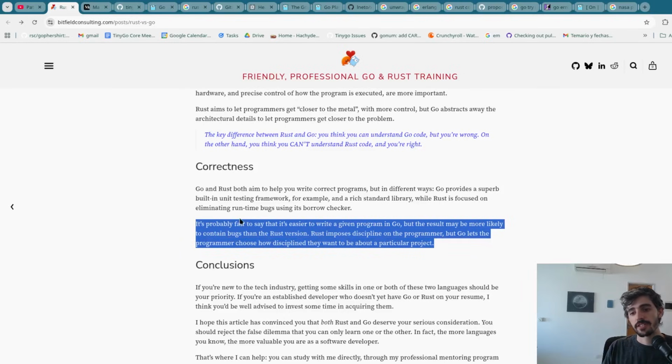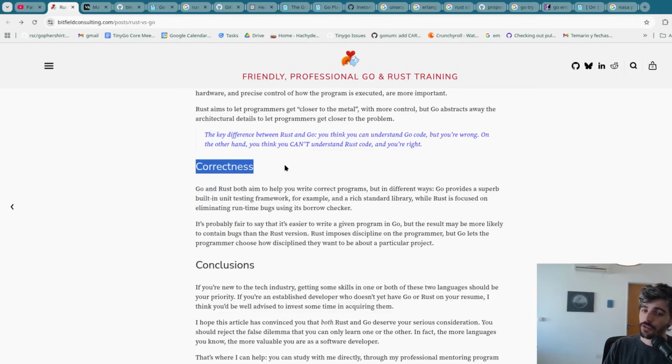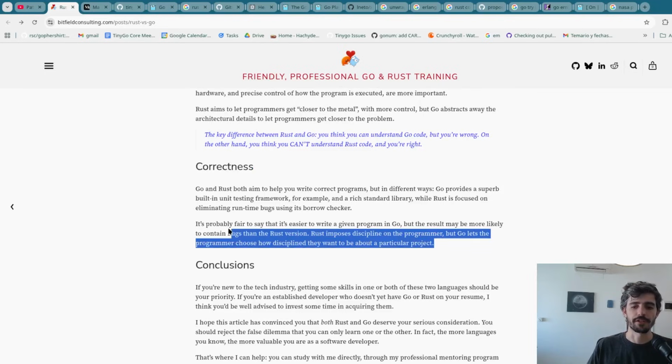So I would not say that this is factual truth. None of this is factual truth, right? Everything comes down to it depends. And in this case, I feel like it depends on the person. If it's between a devout gopher and a Rustacean, maybe the devout gopher is gonna create more bugs because of the Go ecosystem, the way gophers are taught, it's just pointers all over the place, and it's really easy to run into a nil dereference.